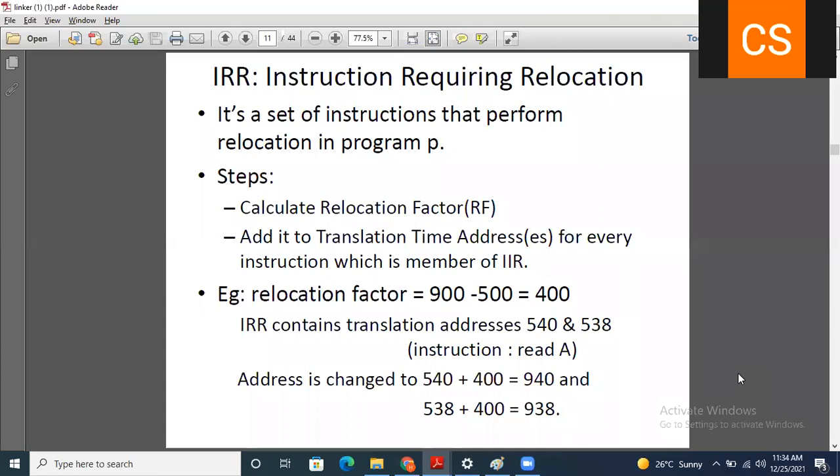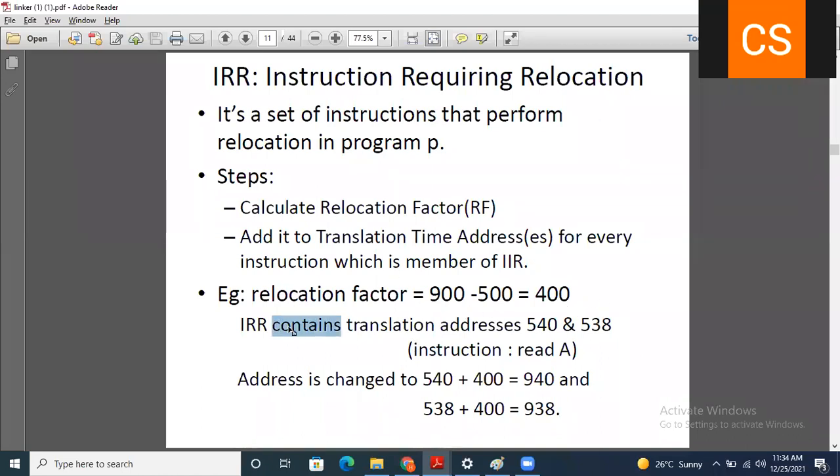Okay, and all these address sensitive instructions are part of the IRR, that is your instruction requiring relocation. So just add the relocation factor to the translation time address, and you will get the link time addresses.